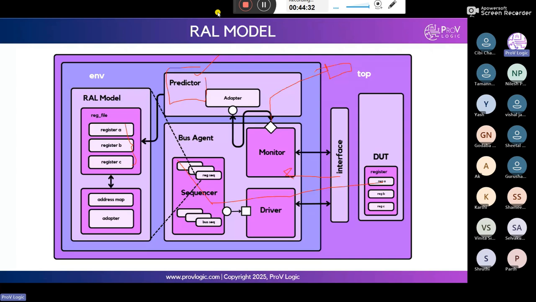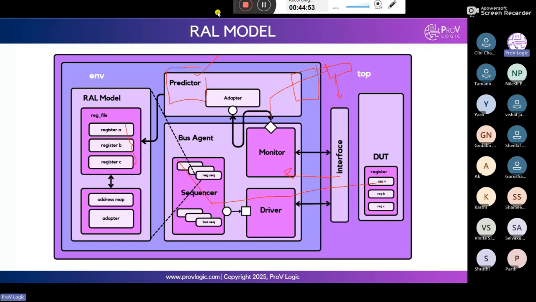But whatever we are writing into the scoreboard directly is binary data, because the monitor also gets binary data. So directly we can't understand the data in the scoreboard. For that purpose we can use one adapter connected to the scoreboard.